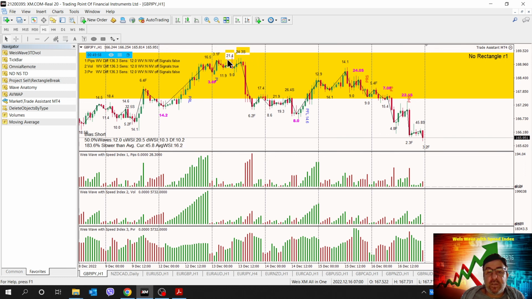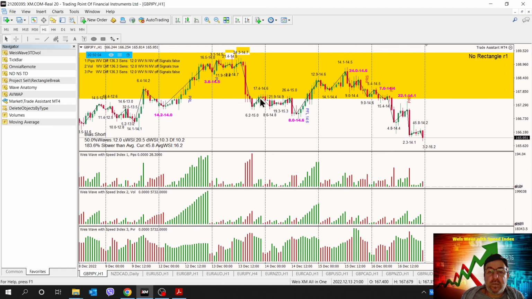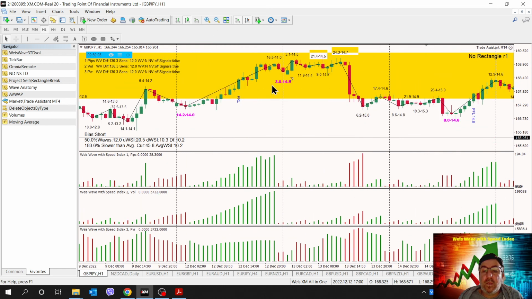If I want to see what the average was up here, I will change the speed index and tell it instead of 4, display 3 and the average. So we'll display the speed index and the average back then. So as you can see now, 21.4 was the current speed index and 14 was the average, and 25.3 was this one and 14.7 was the average, which means something is cooking.